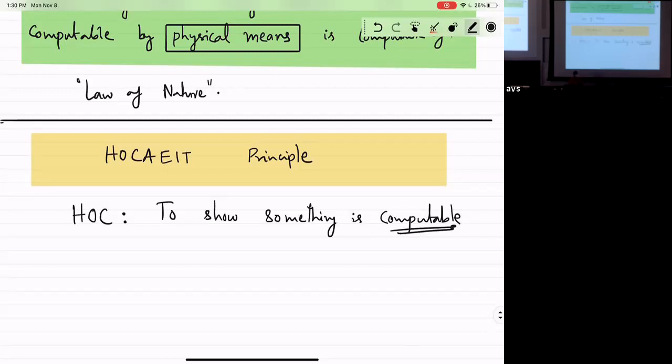We did it once. If we have this theorem that any program can be simulated by a Turing machine, then we just have to come up with a program from then on, right? That's the have your cake principle. So to show something is computable, you can use a high-level programming language.